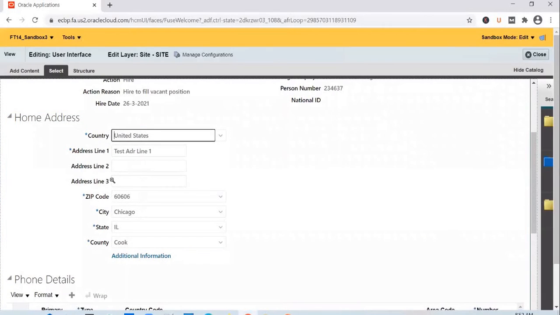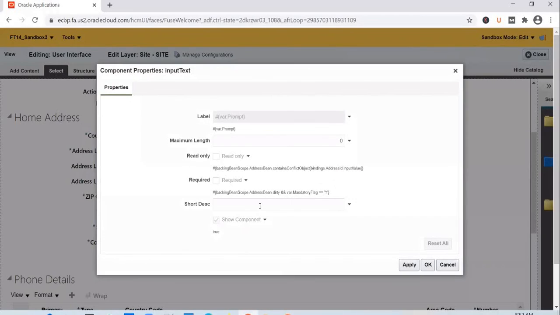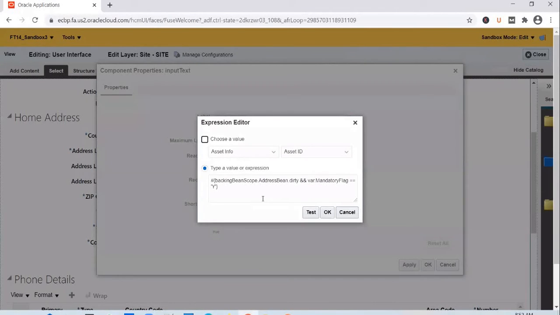Cancel this, go back to address line 3. Edit component. Expression builder, and add in the condition.